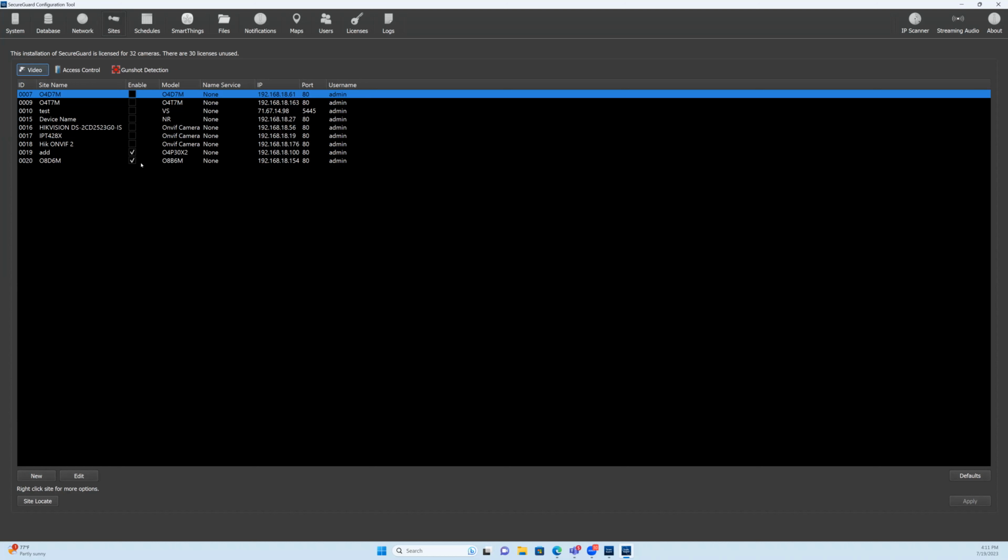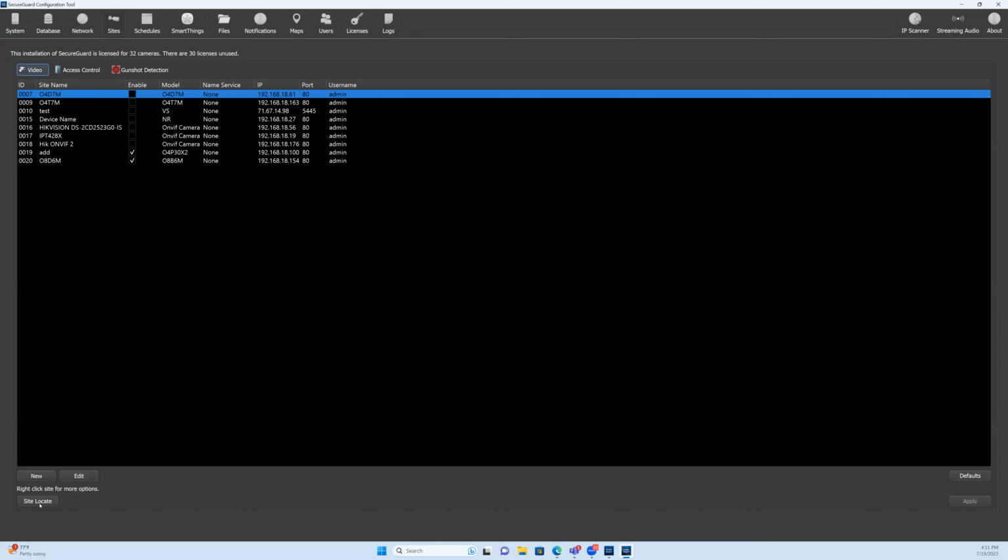And we would just need a health status report. So that will be under the license page. I'll show you guys how to do that. Depending on what the CPU is of the server, that will determine how many cameras that computer or server could hold. And we have, so to add a site, you can either use the site locate tool here,